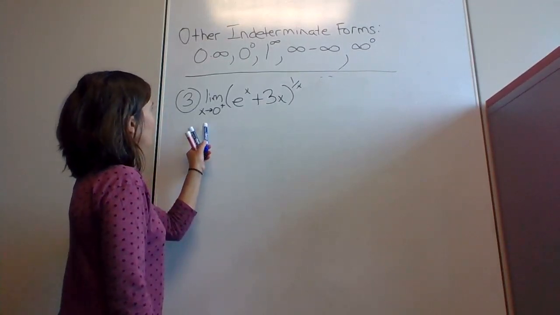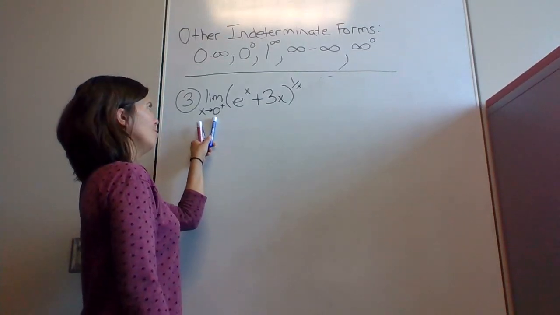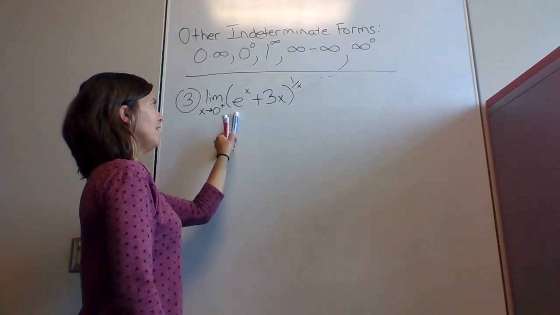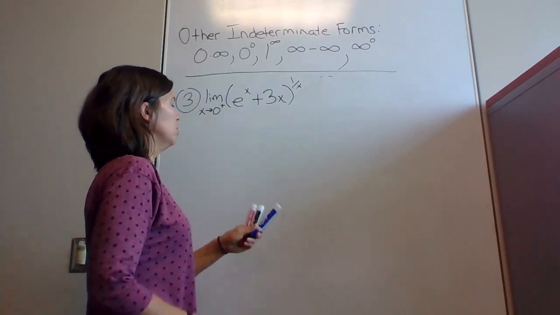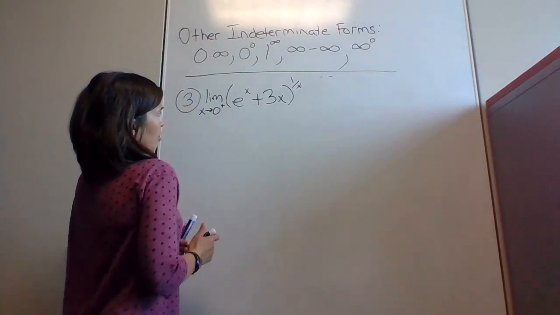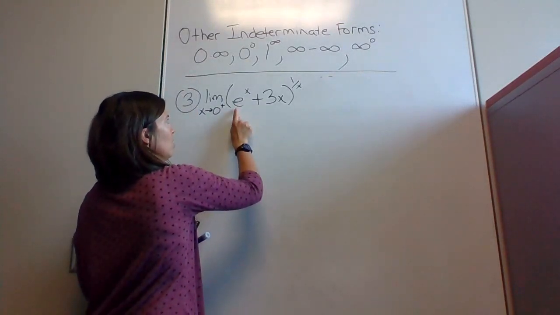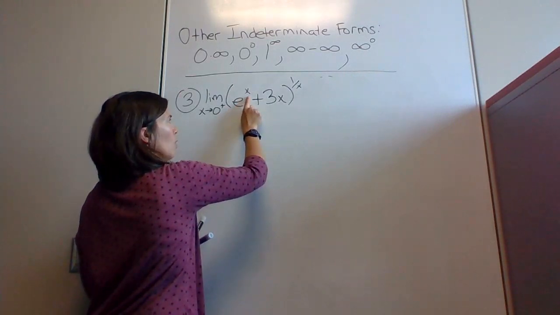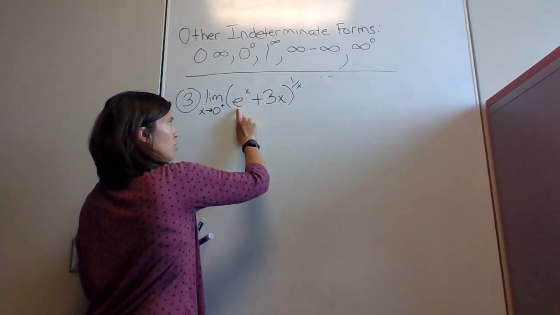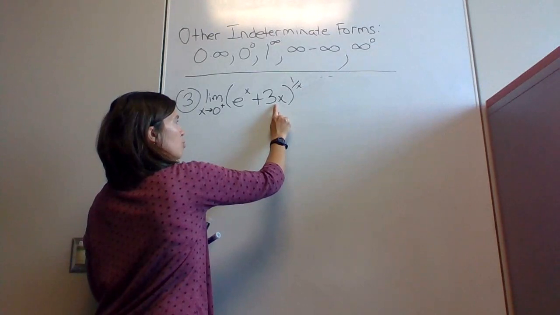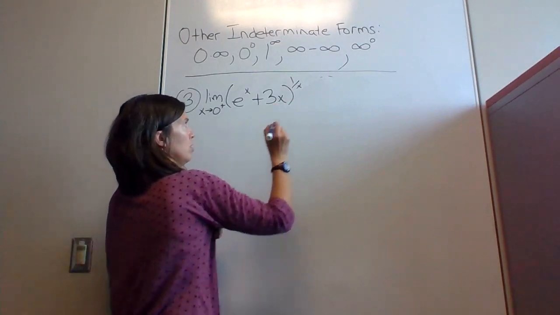Let's try this one. Limit as x approaches 0 from the right of (e^x + 3x)^(1/x). First, checking on the form that we're looking at here. So e to the 0 would be 1, plus 3 times 0. So the base here